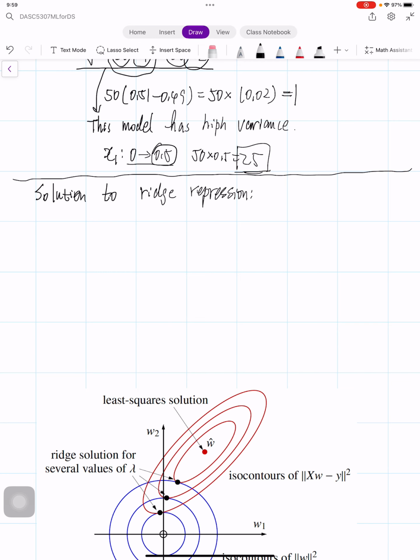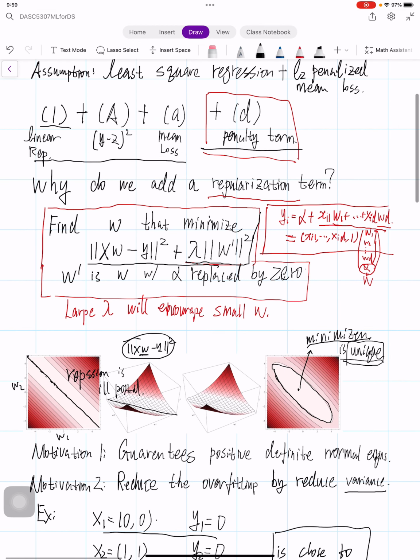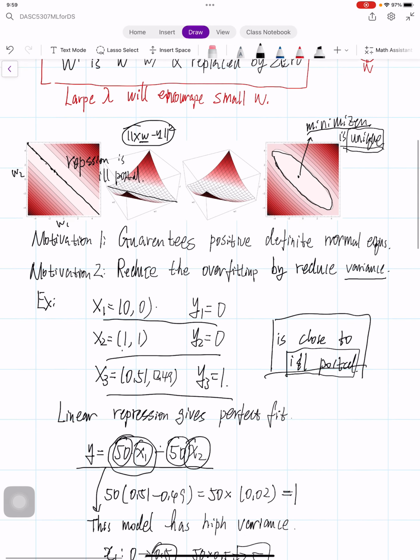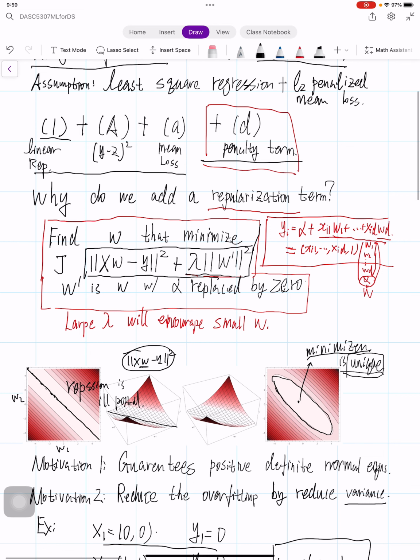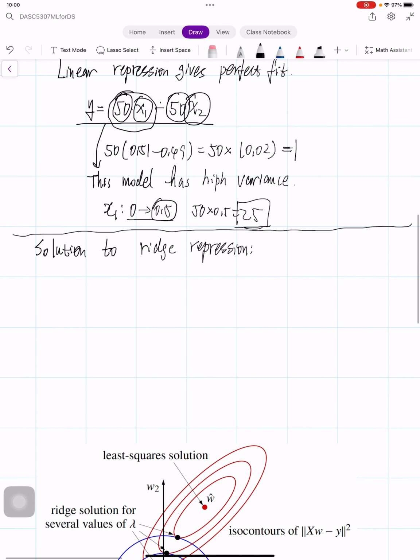Remember, our ridge regression problem is to find the minimizer of this cost function. This is our J, the cost function. By setting the gradient of this cost function equal to 0, this gives